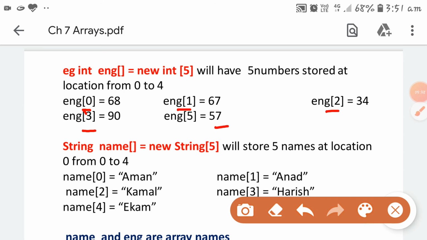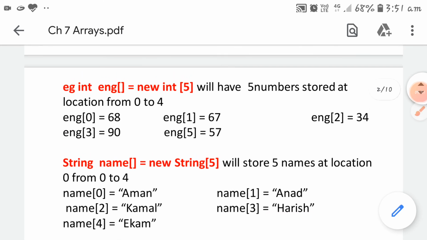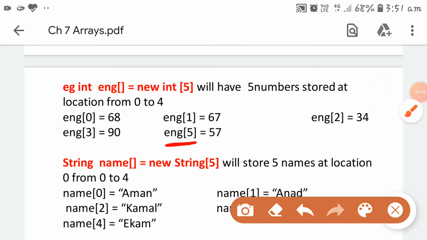Here it is written 5. What should be here? It should be 4, because if there are 5 numbers, they are stored from location 0 to 4. So this English[5] is a mistake here; it should be 4. Such small program segments will come in your paper to find the mistakes.